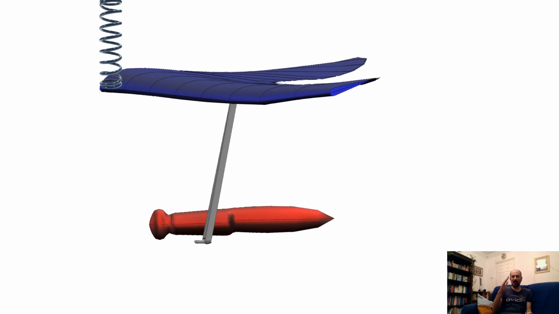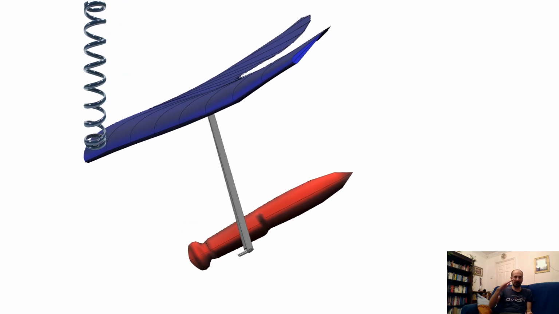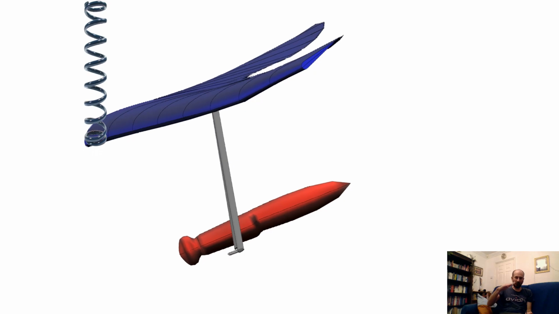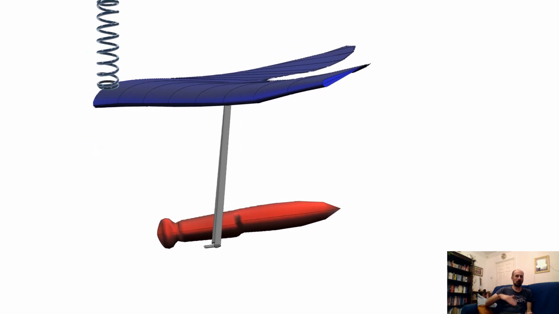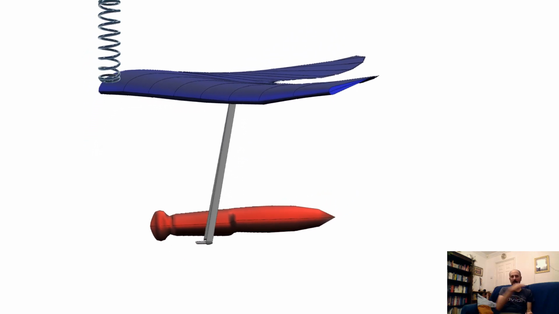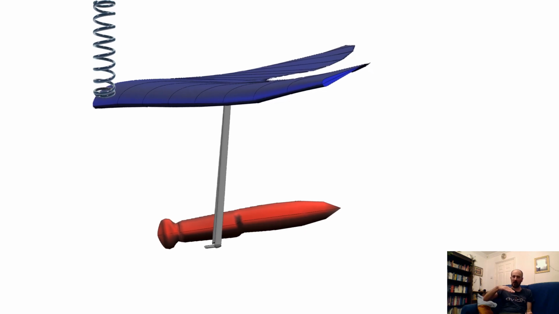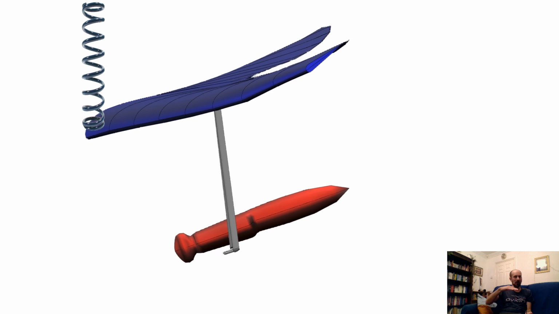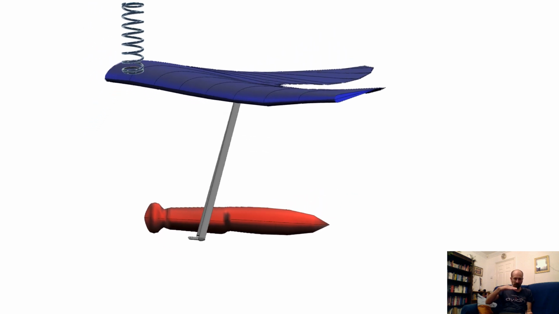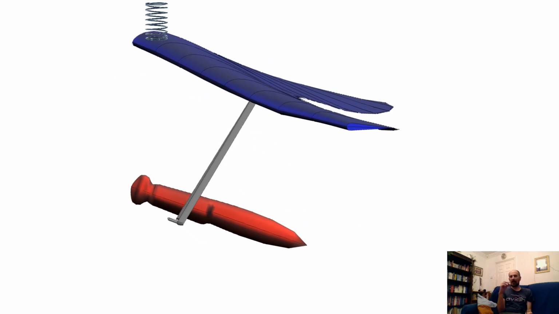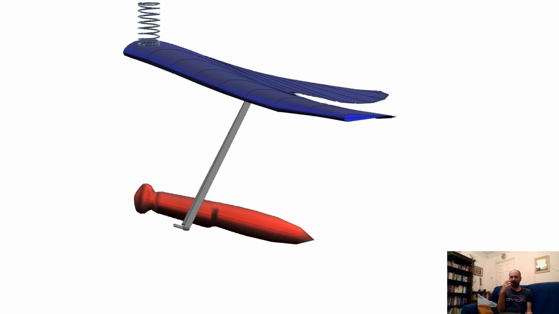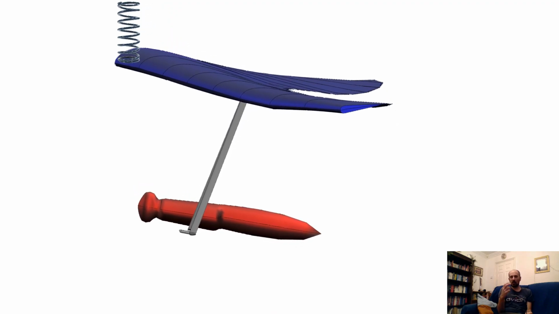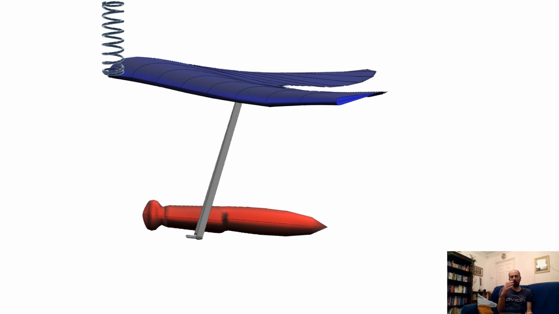So the further away you get from its normal flying angle, the more force there is trying to push it back towards its normal flying angle, whether that's the nose goes too low and the thing that's acting like a spring is trying to push it back up, or the nose goes too high and it's trying to pull it back down again. Now, although we talk about this as static stability, it's important to realise that it's not really